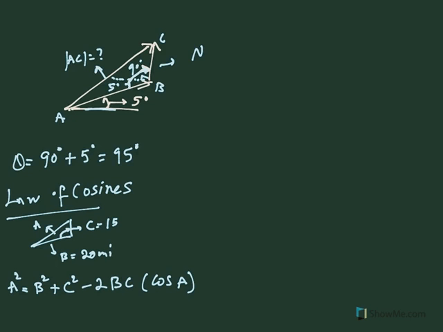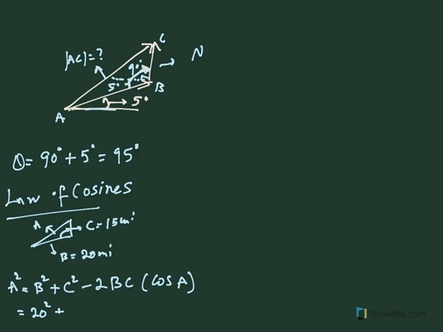So that's 20 miles, the other one is 15 miles. But we need to find the magnitude of AC, or side A. And plugging these numbers into this formula, we have B squared, which is 20 squared,